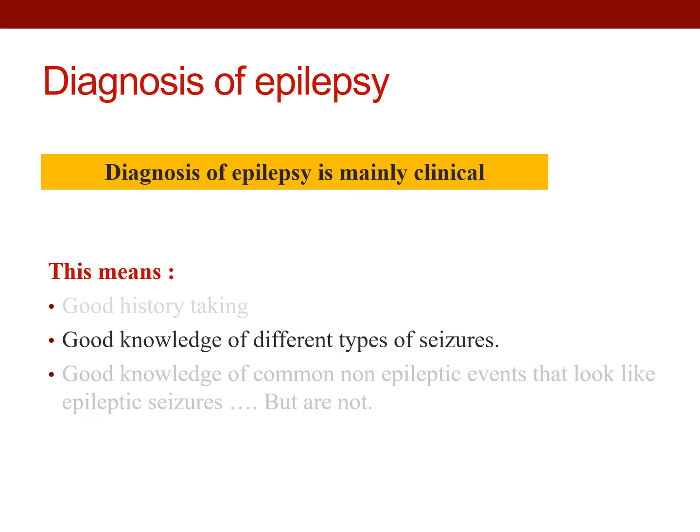When the parents are talking to you and you are asking them about the seizure and what happened, you are usually trying to fit the scenario into one of the seizure types that we have talked about before. For example, if they say the patient is having a seizure, you have to stop them and ask, what do you mean by a seizure? Then they start saying they were shaking. Then you ask, is it rhythmic shaking, or was the hand in one place and the leg in another place? So you start saying, no, it was something like rhythmic shaking. They may even try to imitate it on themselves.